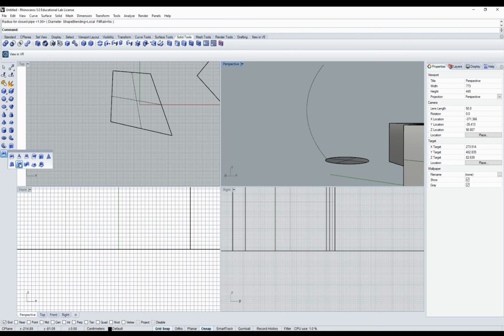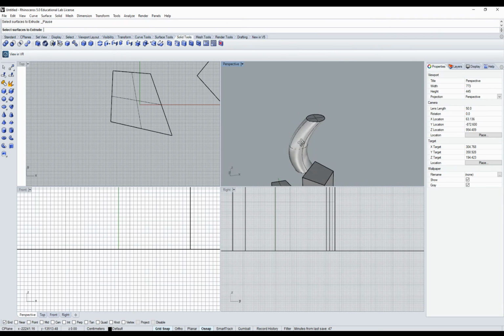Extrude curve along the curve. So I'm grabbing this one and this one, and I have my geometry. Okay,